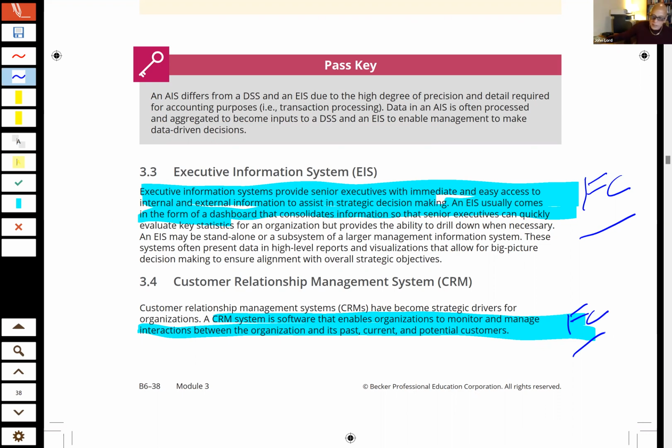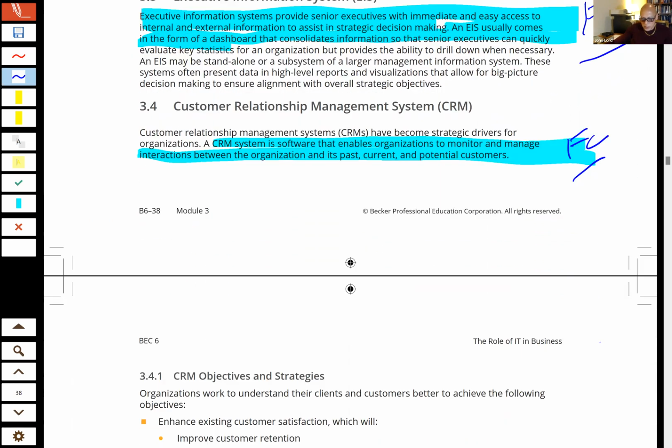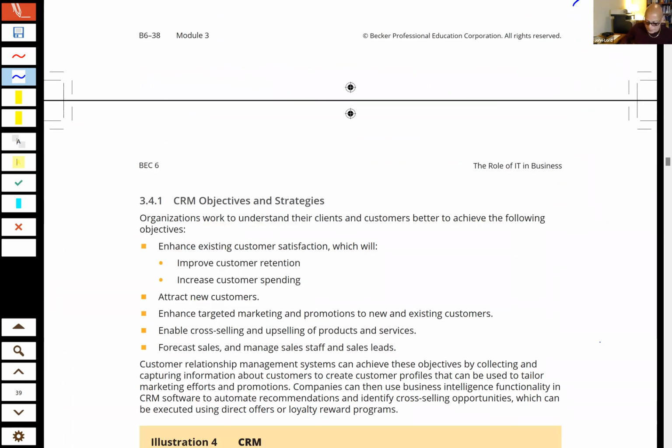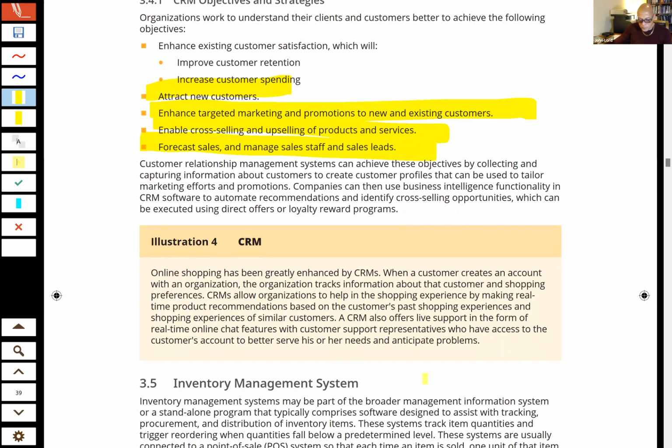Now what are some of the objectives of these listening devices and whatnot? They're trying to attract new customers, okay? Targeted marketing, cross-selling, upselling. Every time I order something, then every time I use my email, they get me to buy some more of the stuff that I ordered before, right? They know they got a sucker. And so they keep sending you stuff, right? And it'll allow us to forecast sales leads, et cetera, right? So this is what we're talking about here, this sort of stuff that we're all being bombarded with, okay?